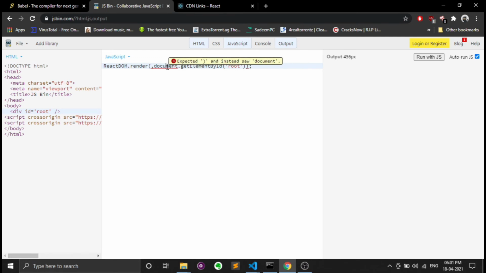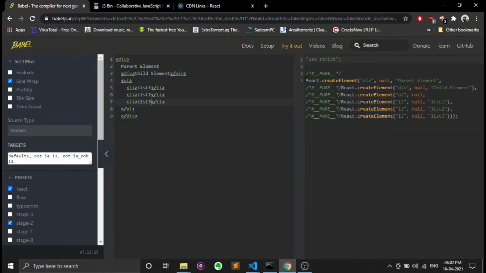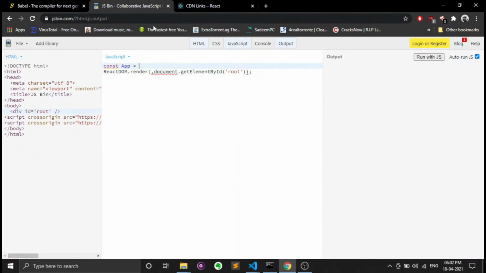For the first argument we have to include that element. For implementing that element we have multiple ways. You can store it in a variable, and just paste the converted code into that.